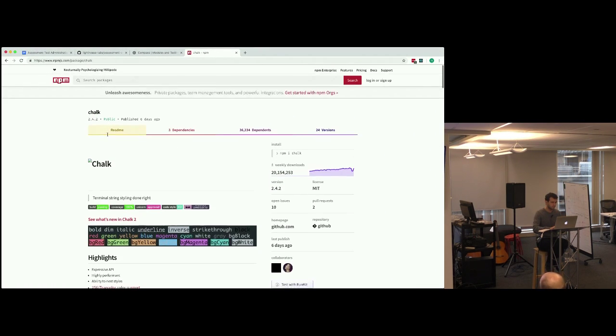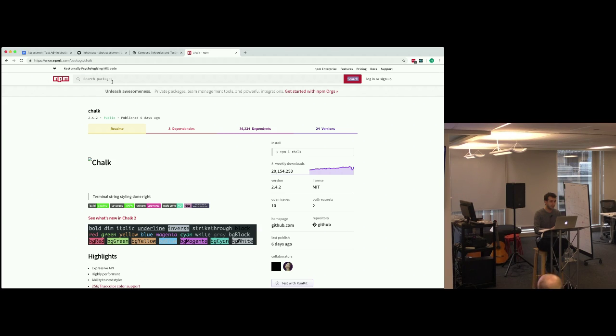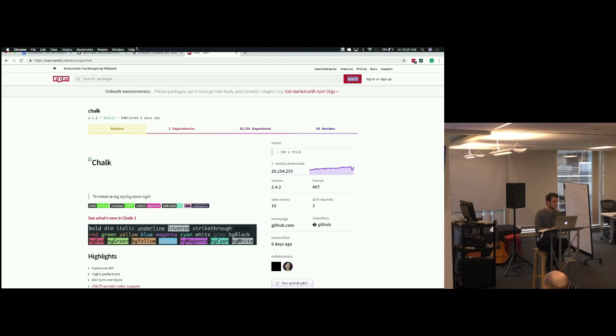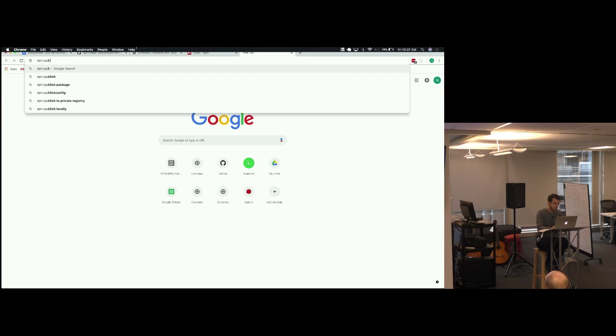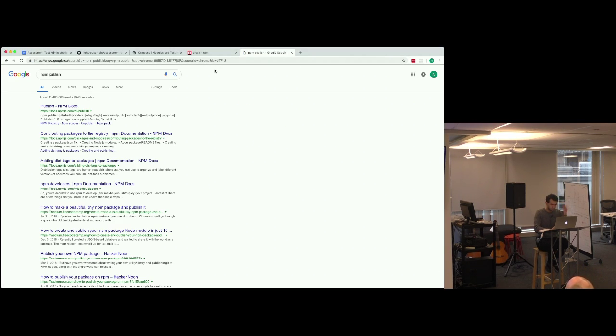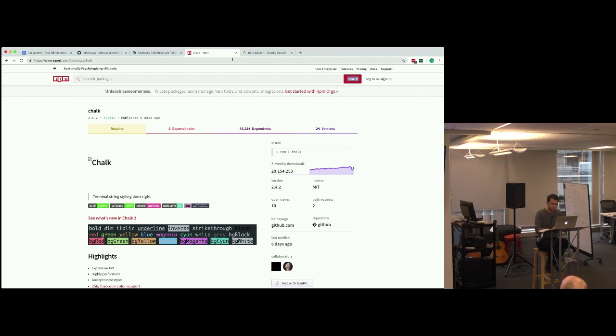Interestingly, it's also really simple to publish your own package. I don't know if I'll have time to do that today, but maybe I'll put some extra instructions in the notes on how you can publish your own package for fun. There's a command for this, npm publish, which you might want to look at just for the fun of it.